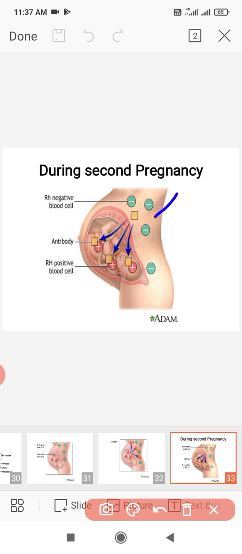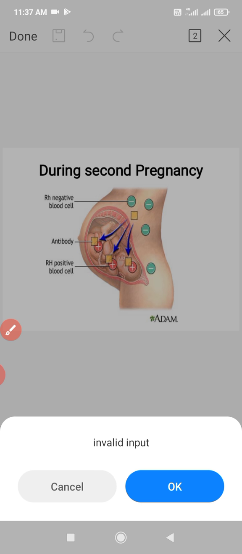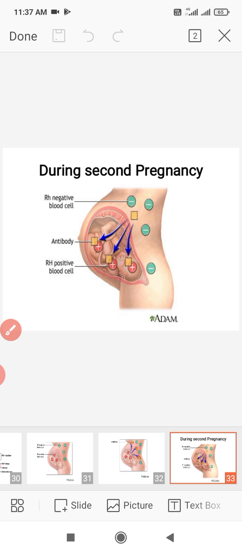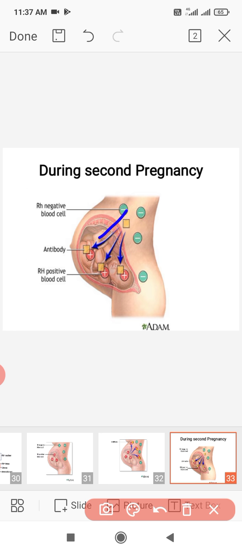The second fetus also has Rh positive blood. If it is negative, no problem. But the second baby is also Rh positive, as I told earlier. So from the mother's blood, the antibodies can cross the placenta and easily enter the baby. That antibody D reacts with the antigen D which is present in the fetus,